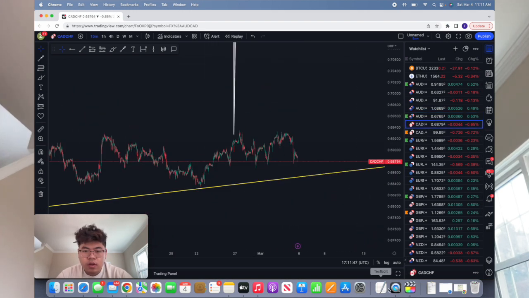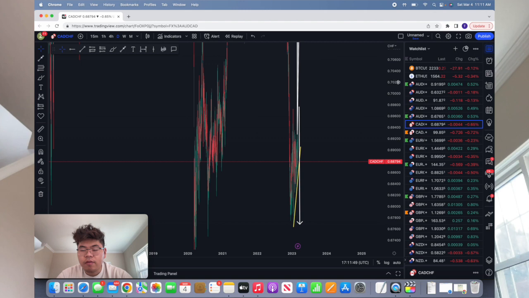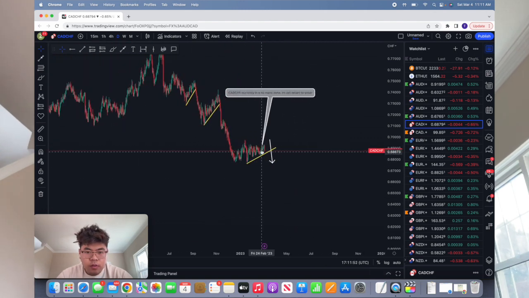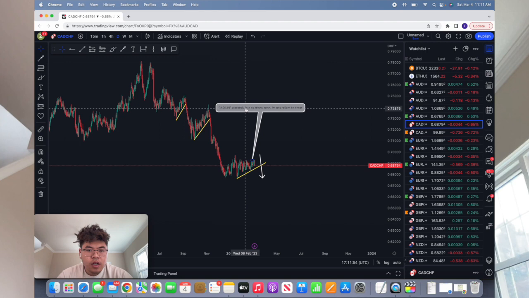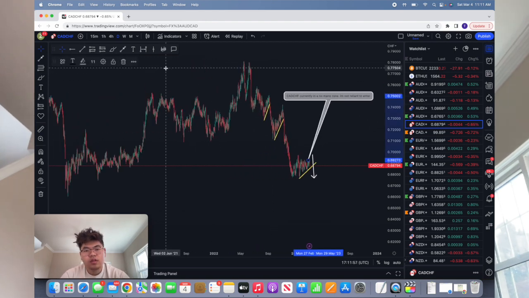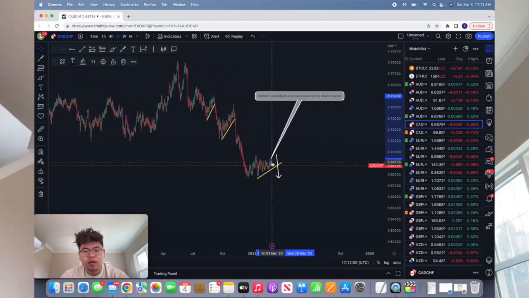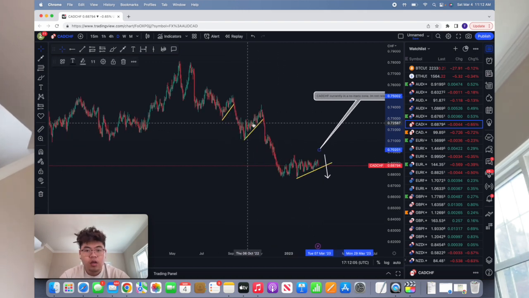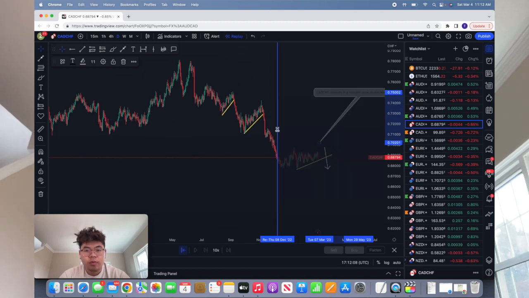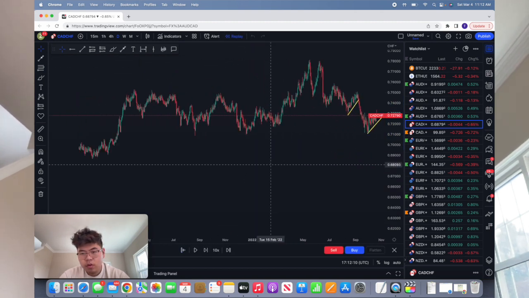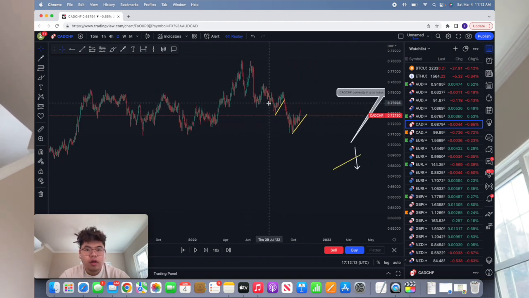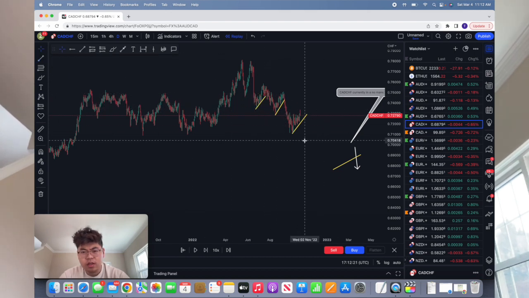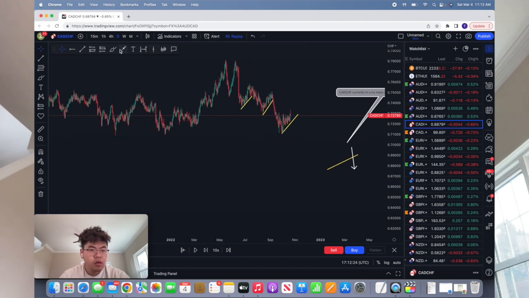Moving on, CAD Swiss. If we look at a high time frame, we can identify that CAD Swiss is just coming to the downside. But again, opportunities. We don't want to just enter, right? If we go play back to here and read the market from all the way over here, we can understand that CAD Swiss is coming to the downside, right?